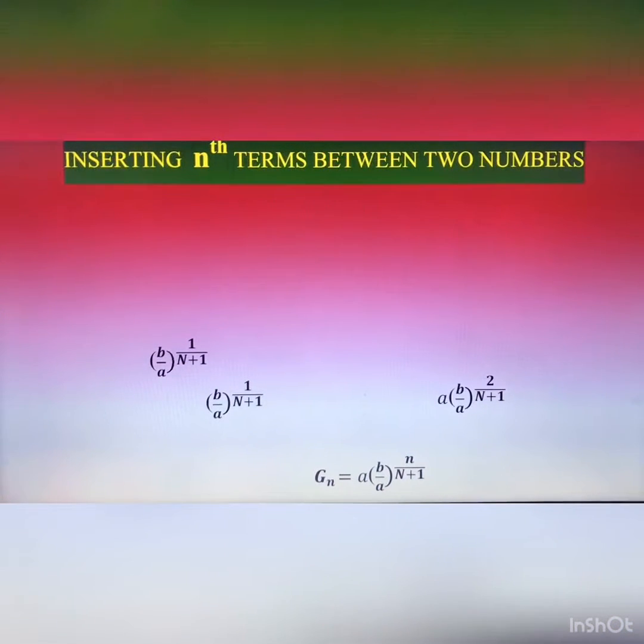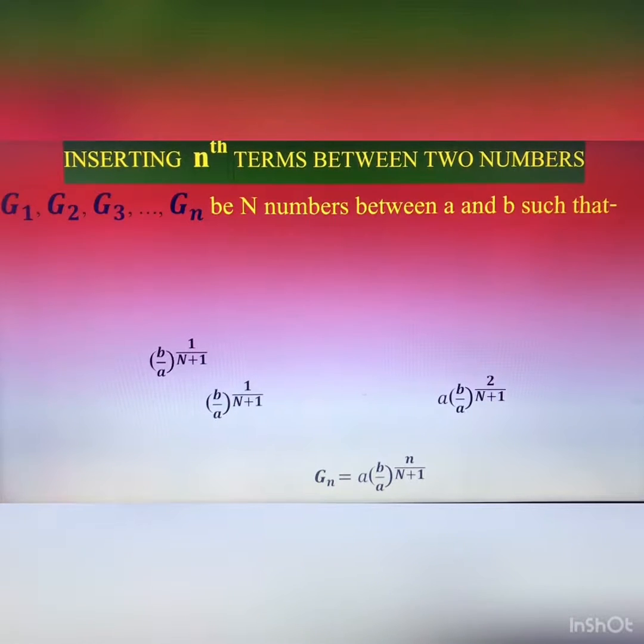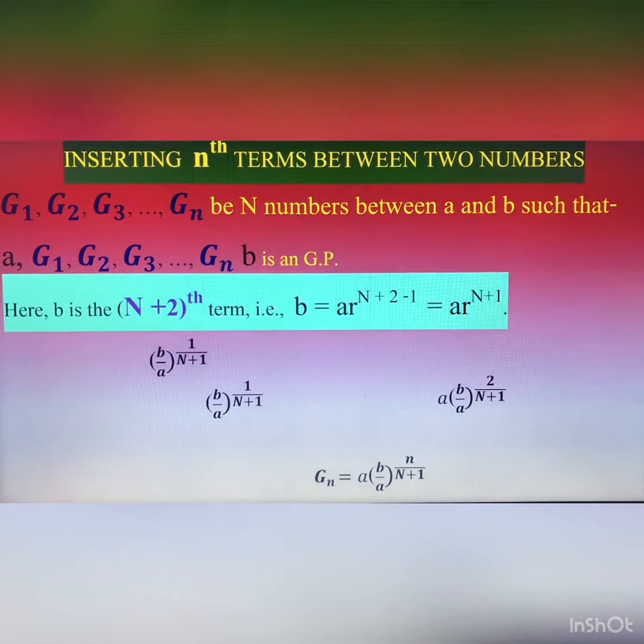Now, inserting n terms between 2 numbers. Okay, let G1, G2, G3, up to Gn be n numbers between A and B, such that we get a geometric series A, G1, G2, G3, up to Gn and B in GP. So here B is the (n+2)th term, that is B equals a r to the power n+2 minus 1, meaning use the general formula. B is the last term,